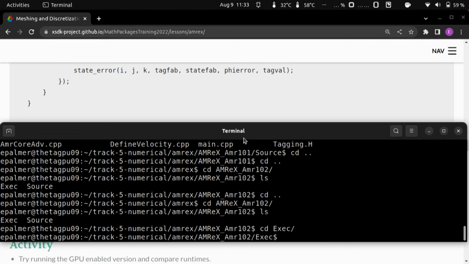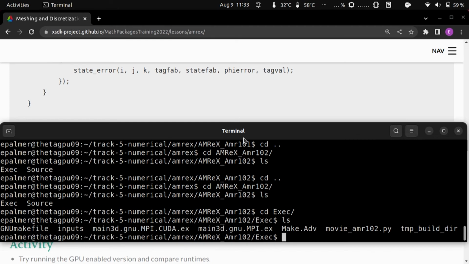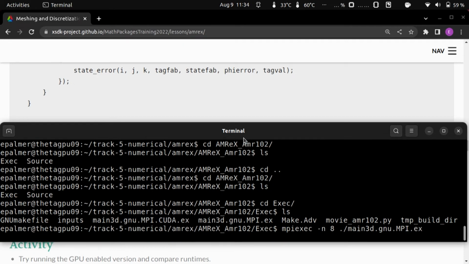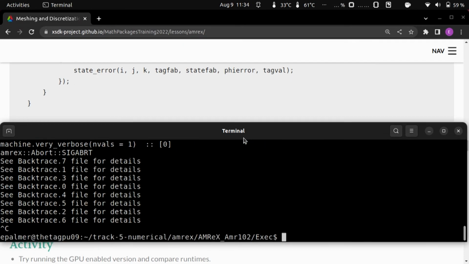Because I just want to run my code here, I'm going to the exec directory. As before, I've precompiled this with CUDA to run on Theta GPU nodes, and I have one with MPI. So for this example, we're just going to run the code and see how it works and look at the output. I'm going to use 8 MPI processes. And I forgot to do something important, which was add the inputs file. Okay, so I've called my MPI exec, I've called my executable, I need my inputs file, and this time when I press the button,